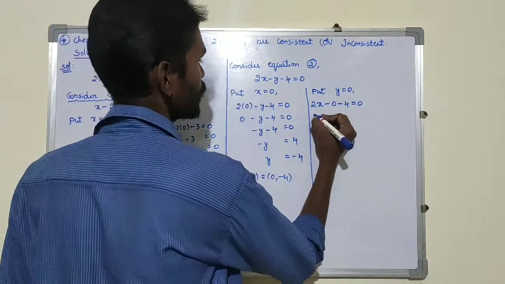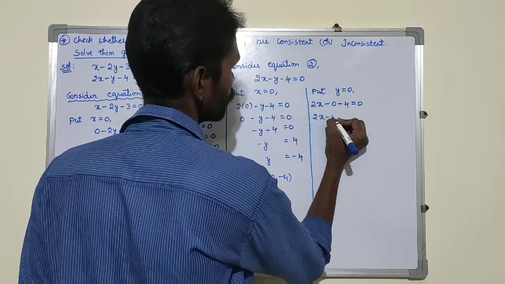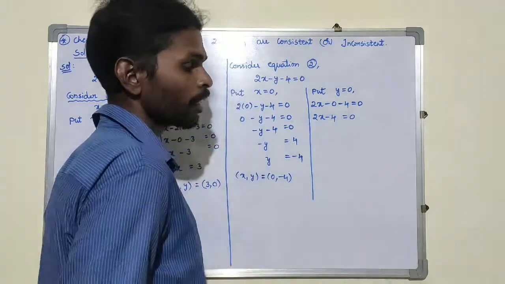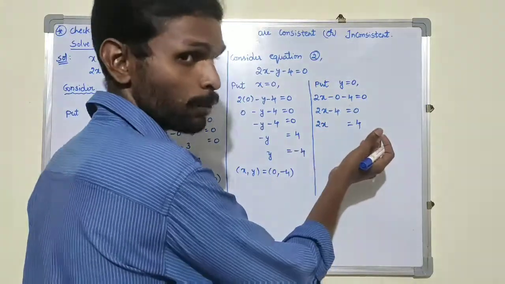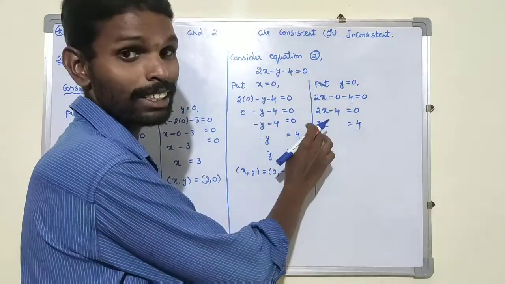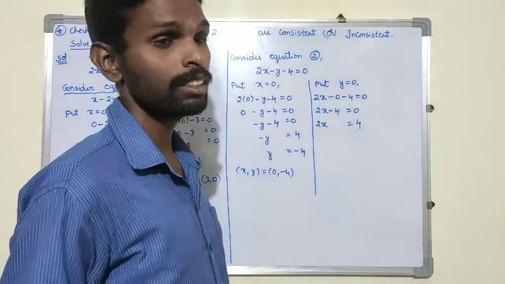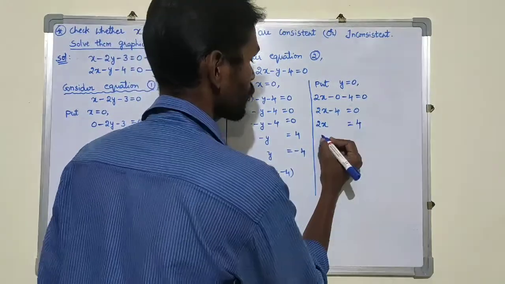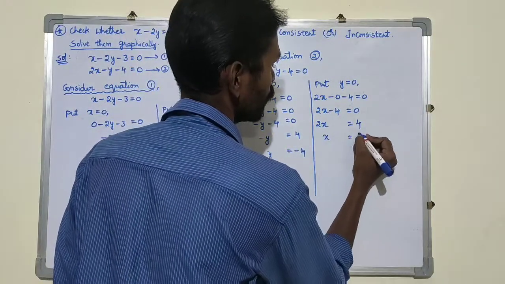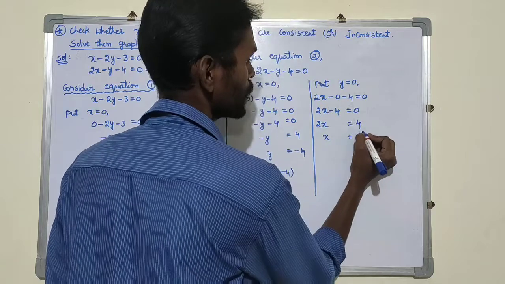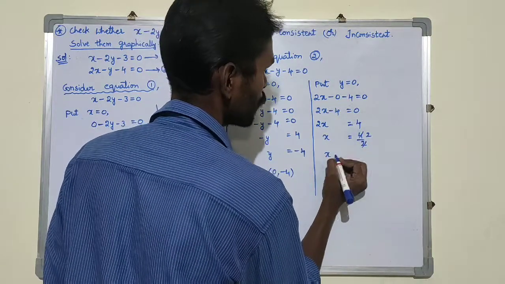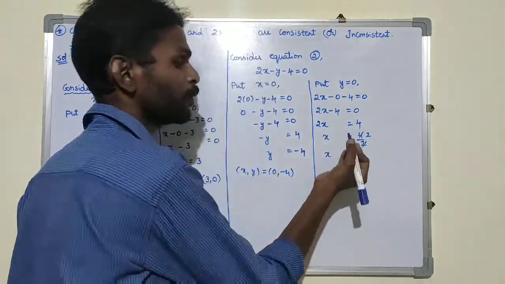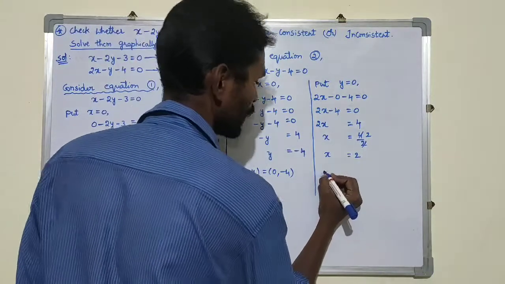2x minus 0 minus 4 is 2x minus 4 equal to 0. Send minus 4 to the other side: 2x equal to 4. Here 2 is multiplying this side. If I send it to that side, it will get divided. It will divide 4. X equal to 4 by 2. That is, 2 ones are 2, 2 twos are 4. X equal to 2. So again you got one point here, that is x comma y equal to